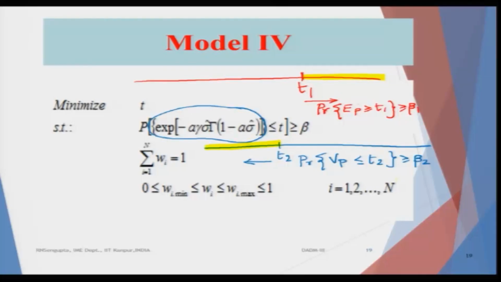Now, the second constraint here in the model is basically that the sum of the weights is equal to 1, and the third constraint is also the fact that the weights of the investment for each and every financial scrip or the stock is bounded between Wi min and Wi max. Again I said Wi min, the minimum value, can be 0, and Wi max, the maximum value, can be 1, provided no short selling is there. In case short selling is there, these bounds of 0 and 1 would change.